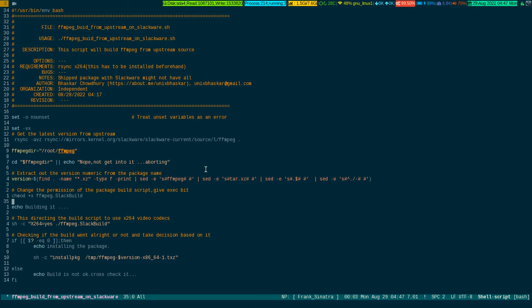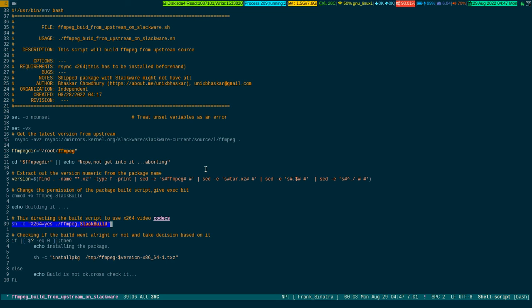So here is the meat of the script. You need to provide X264 assigned to yes, then you need to call the SlackBuild